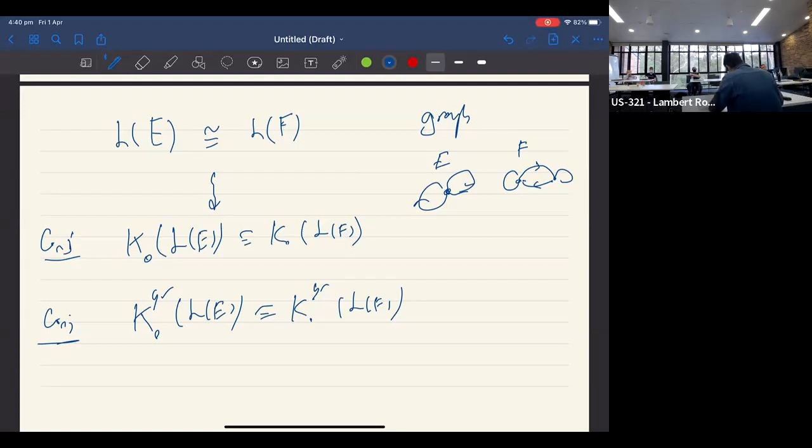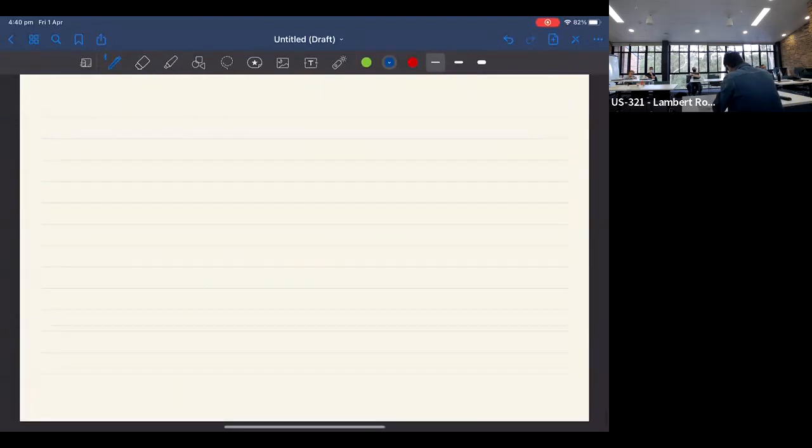Now, I mentioned two papers, the first two papers, and by now there are about 200 papers on the Leavitt algebra. But the first two papers are the ones that I mentioned, from 2005 and 2006. Gene Abrams and Gonzalo Aranda Pino introduced the Leavitt path algebra, and they only prove one theorem in the whole paper, which tells you when it's simple. That's it. The second paper, which appeared in 2006, tells you this fancy K group